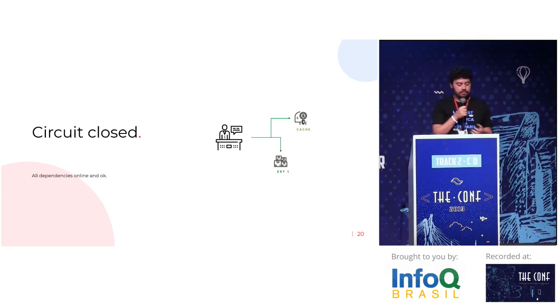It's a closed stage. So my external service number 1 starts to receive a lot of errors, and my threshold was reached. So I will stop calling this dead dependency. I will alter my circuit breaker to open stage, and I don't call this dependency anymore. I will start monitoring, looking for success at this time, but I don't call this service anymore.